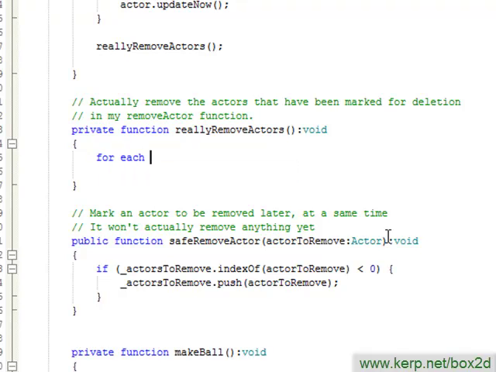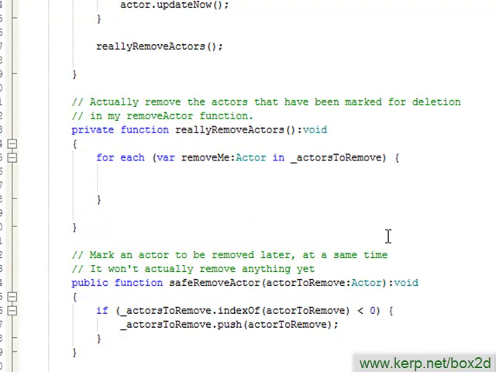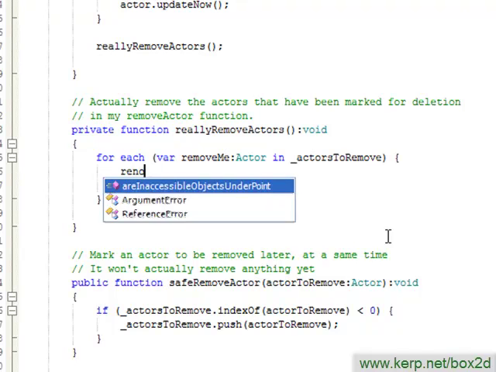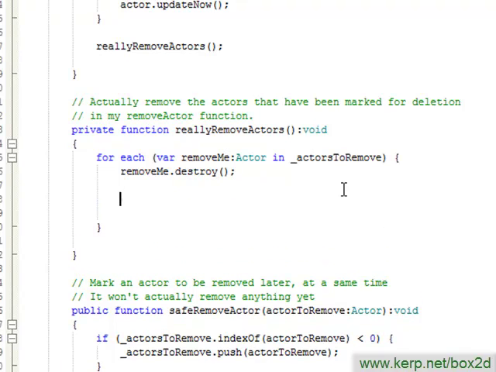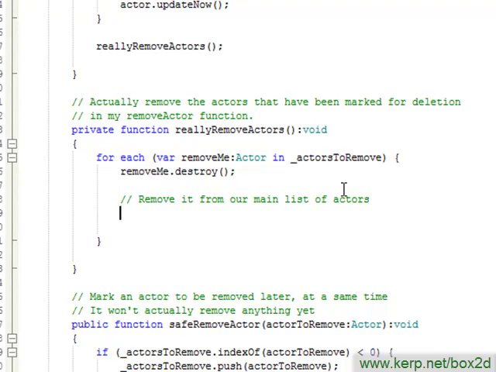So let's iterate by calling for each, create a var called remove me, which will be an actor. And what we can do is call remove me dot destroy. And actually that's about it. We'll need to make sure we remove it from our main list of actors. And I'll do this by just saying